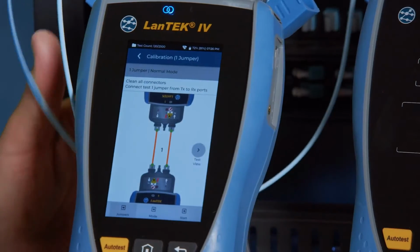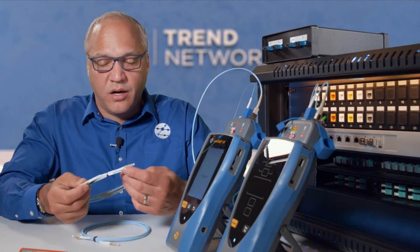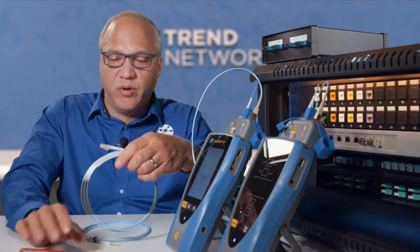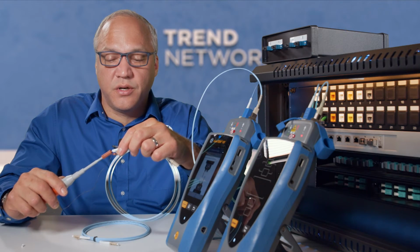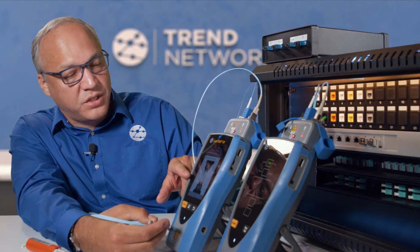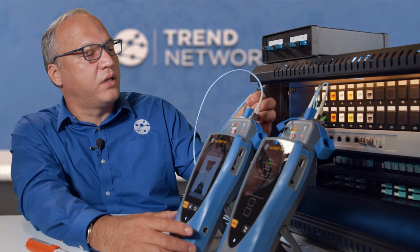Now that we have both cables connected, we can press start to begin the reference. While it's calibrating, we'll start cleaning our LC to LC test cord. We need this to connect to the LC cabling that we plan to test. This is the process again to measure cabling that has LC connectors on both sides. Once the calibration is finished, it tells us to disconnect from the receiver port. So I'll disconnect that one from the receiver port, connect this one here,